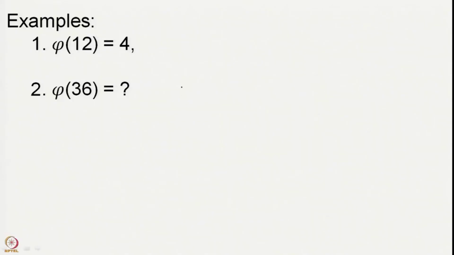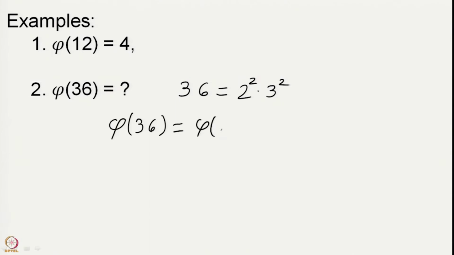Alright. So, your minute is up. We have Euler phi function of the number 36. So, 36 is 6 square. So, this is 2 square into 3 square, and we should therefore compute the phi value for both 2 square and 3 square. So, phi 36 is phi 2 square into phi 3 square.